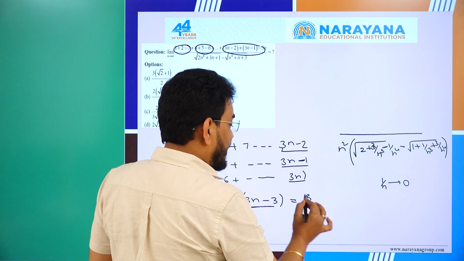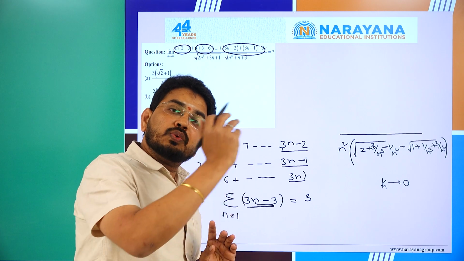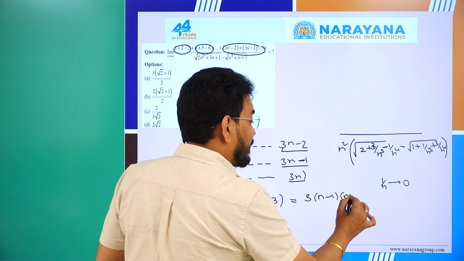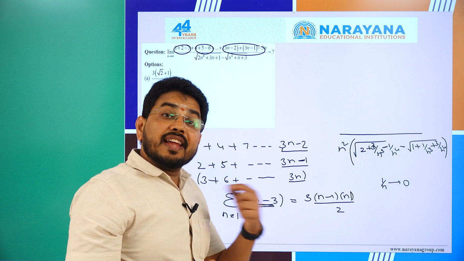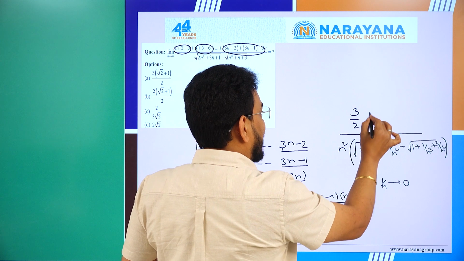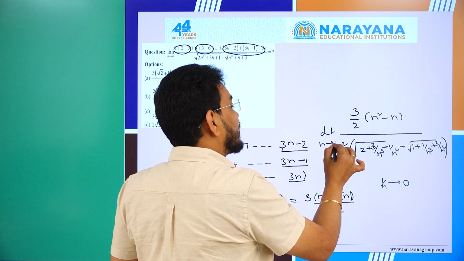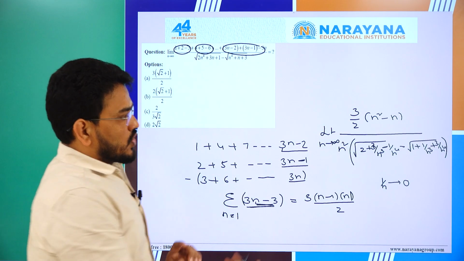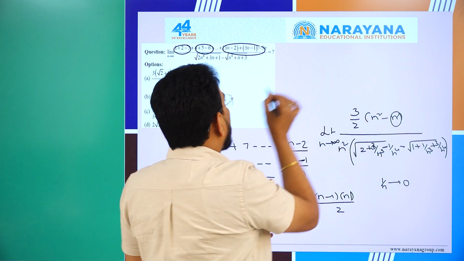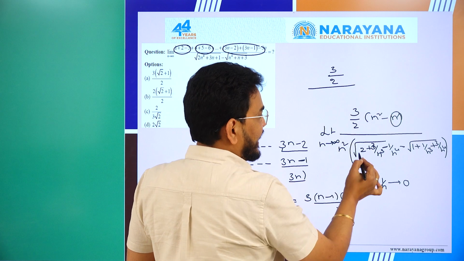So which is 3 times of n minus 1, n is equal to 1. So 0, 1, 2, 3 up to n minus 1. The value will be n into n plus 1 by 2. So in place of n we have n minus 1. So this value will be, numerator is 3 by 2 times of n square minus n, and here limit n tending to infinity. So here also if I take n square out, here 1 by n will be there, here 1. So the answer will be 3 by 2 by,